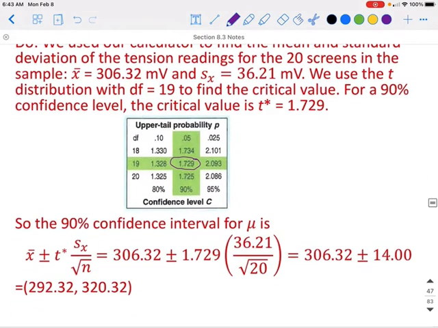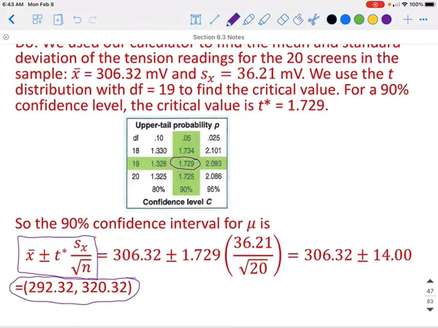So to find our 90% confidence interval, remember, our formula says you're going to do the mean from your sample plus or minus your critical value for t times the standard deviation of your sample divided by the square root of n. In this case, 306.32 plus or minus 1.729 times the standard deviation of our sample, which was 36.21, divided by the square root of 20, because they did take a sample size of 20. And that's going to leave us with an interval from 292.32 to